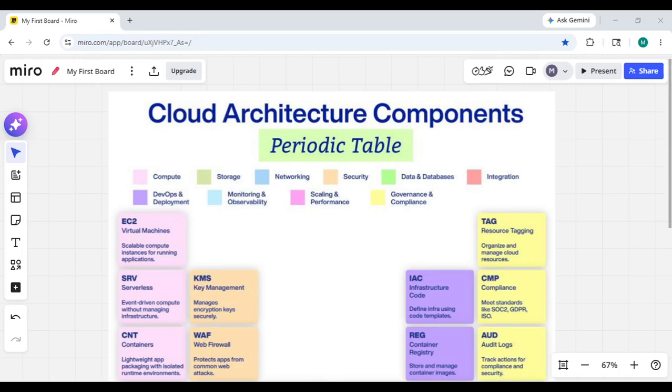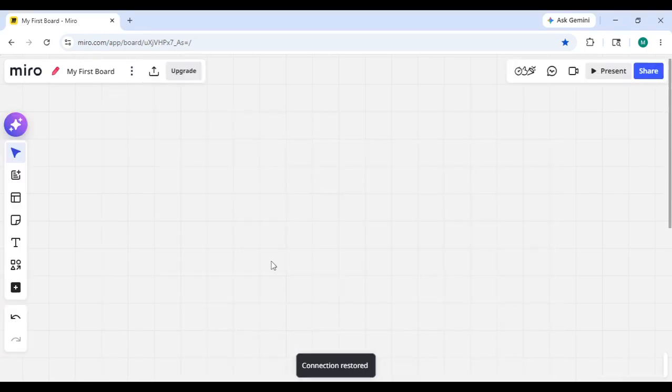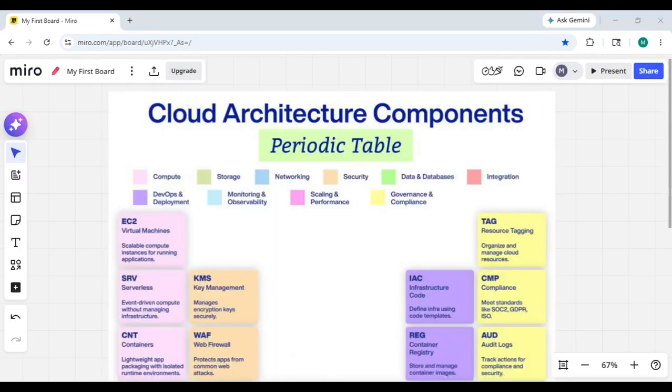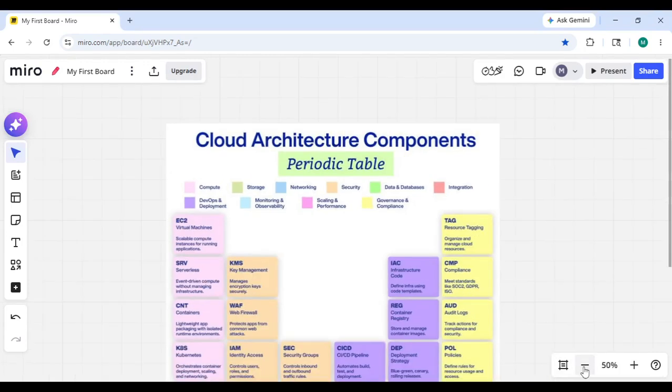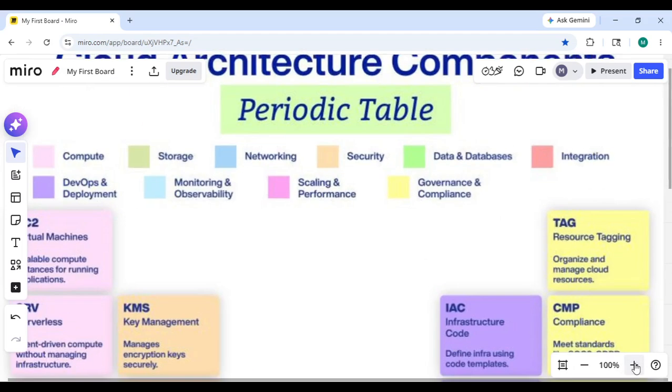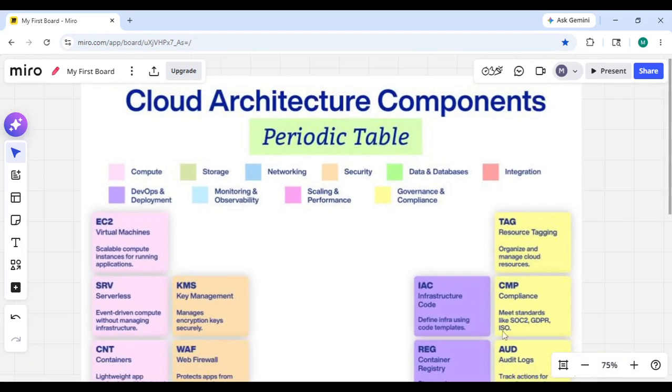Okay, so let me zoom out, and zoom in. I have put it into various colors. So first, let's understand the various compute components.